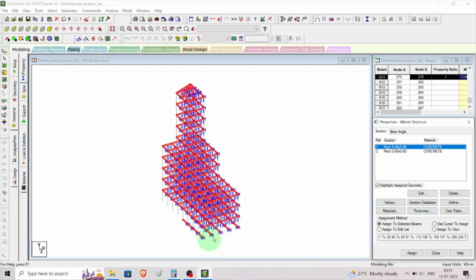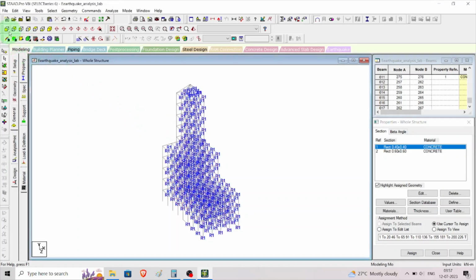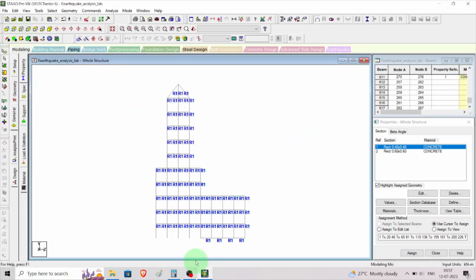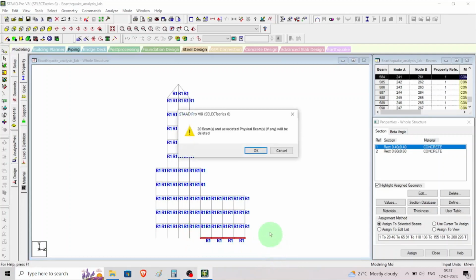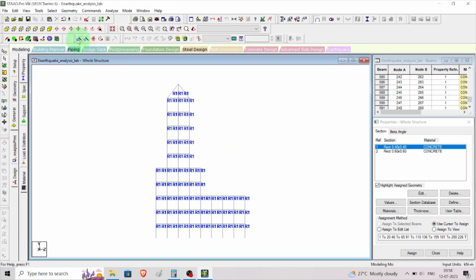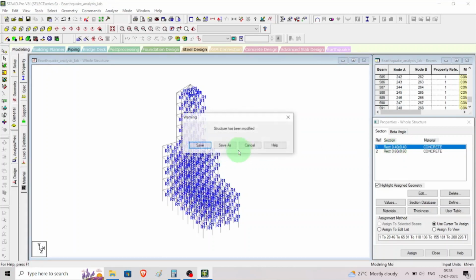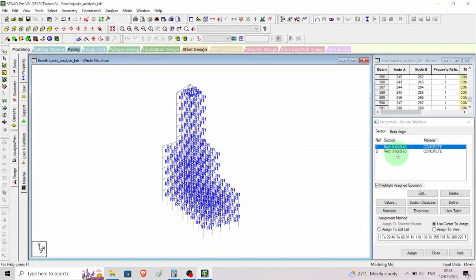Now from here we can see that bottom beams are also present. We need to delete that one. So what we can do is just go to the side view in the Z direction. We are going to select these beams, then delete. That's all. Then now we need to select the columns. So give a properties of 600 mm square size columns. So we'll select on this one,